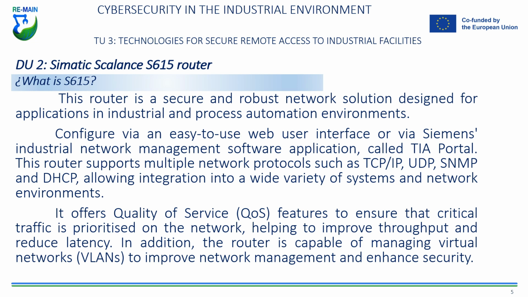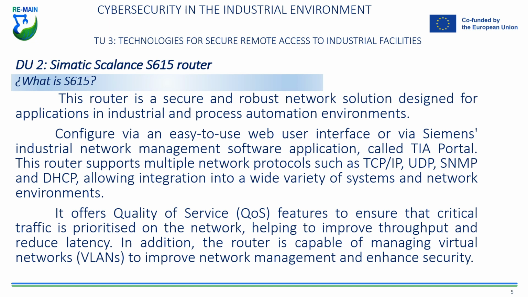It is a Layer 3 router with 5 Ethernet ports, including one WAN port and 4 LAN ports. It also features a USB port for initial configuration and firmware updates. This router uses advanced security technologies, such as user authentication and data encryption, to ensure the integrity and confidentiality of network data. It can be configured using an easy-to-use web user interface or through Siemens Industrial Network Management software application,